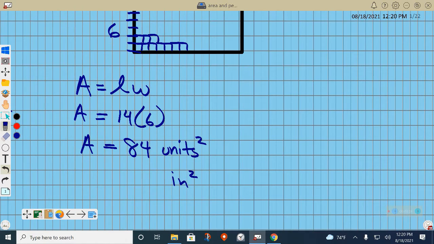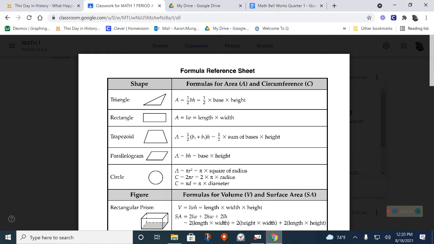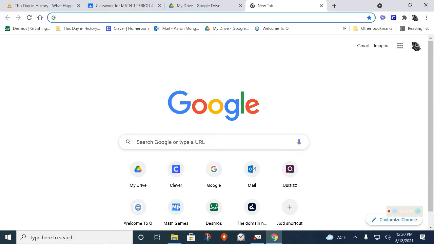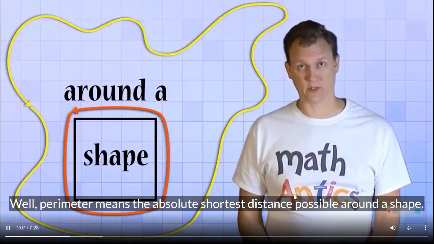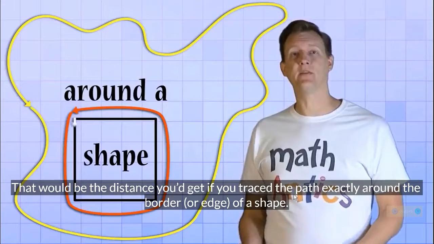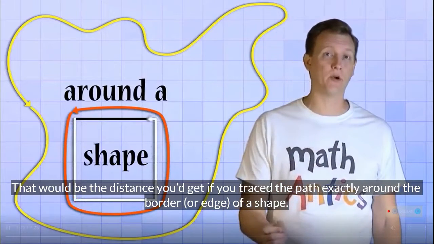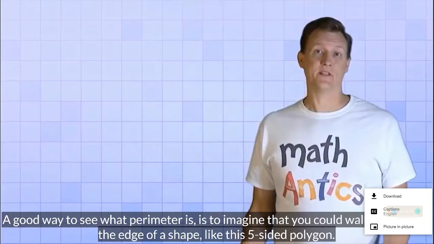Perimeter, on the other hand, when we're talking about perimeter, I just want to know how many units are around the shape. Perimeter means the absolute shortest distance possible around a shape. That would be the distance you get if you trace the path exactly around the border or edge of a shape. A good way to see what perimeter is to imagine that you could walk right along the edge of